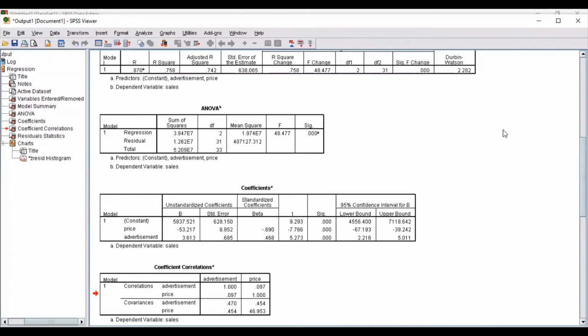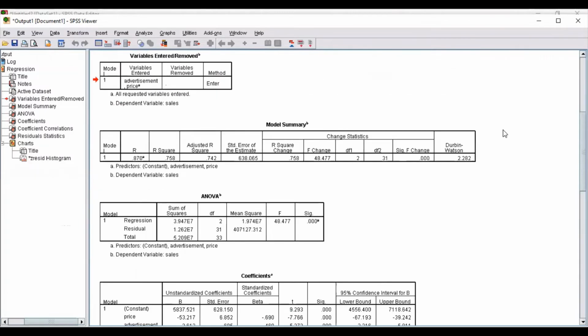First of all, starting with the model summary. Here you can see the R-squared value, which is 0.758 for this particular data set. The R-squared value or the coefficient of determination, which is 0.758, indicates that approximately 76% of the variation in the dependent variable, which is sales in my case, is explained by the independent variables.